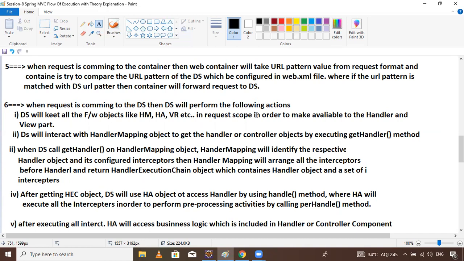The handler mapping will identify the respective handler object and its configured interceptors. Then the handler mapping will arrange all the interceptors before the handler and return a handler execution chain. Which one is returned? The handler execution chain object, which contains the handler object and a set of